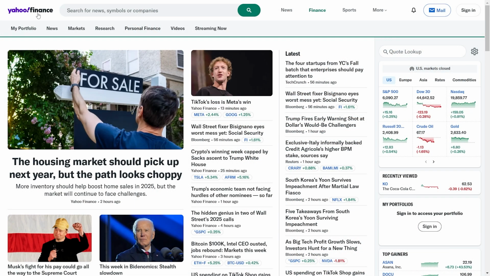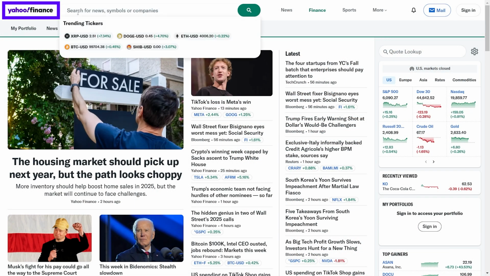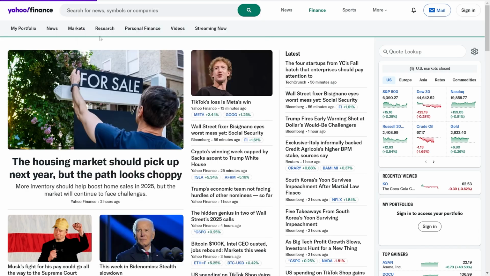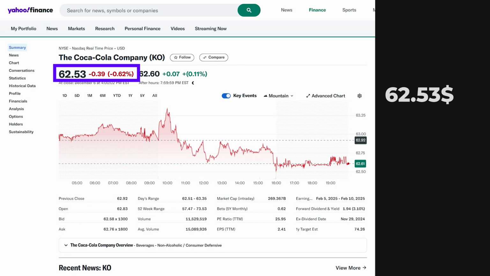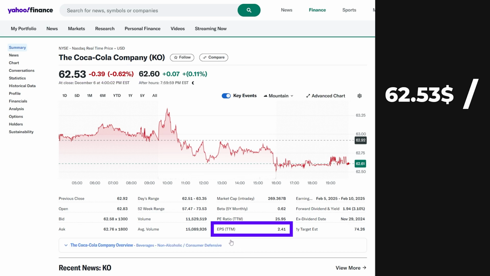Let's make an example. Usually I go on Google Finance and I look for a company I like, let's say Coca-Cola, ticker KO, and you can immediately see that the price is $62.53. We should divide the price of the share by the earnings per share, EPS, $2.41, and we get a PE